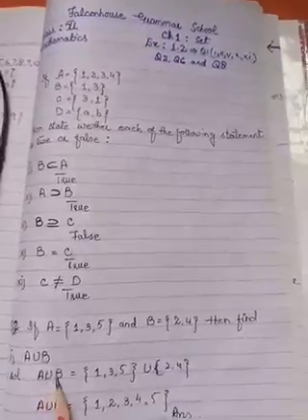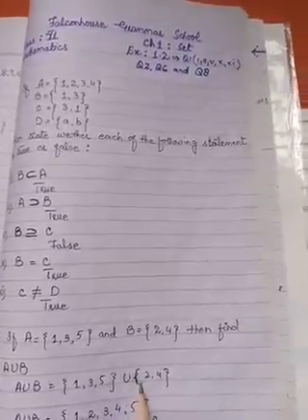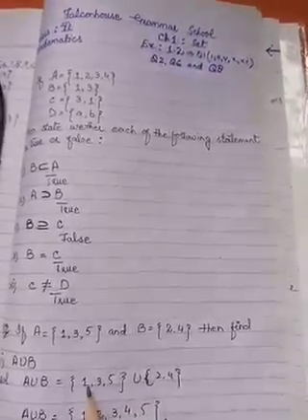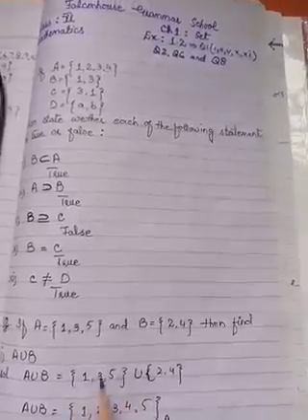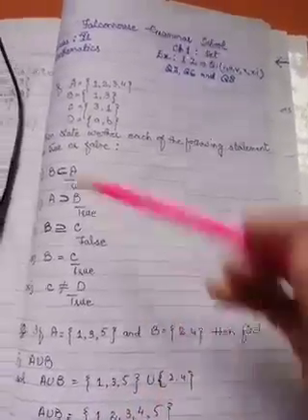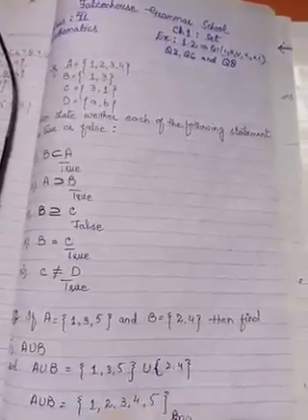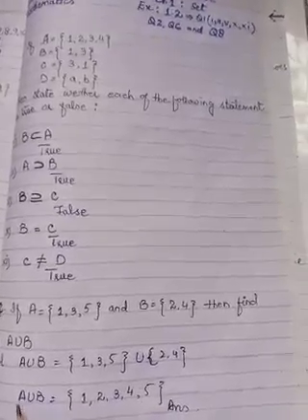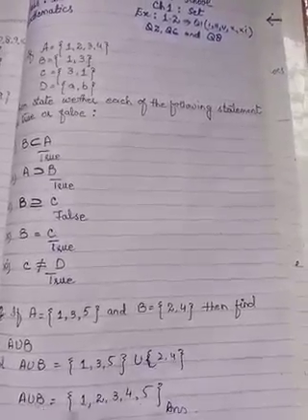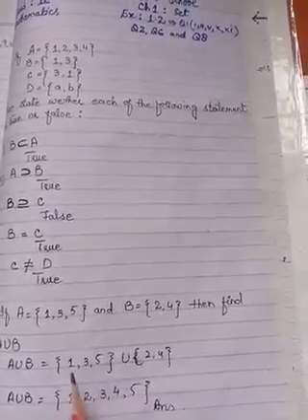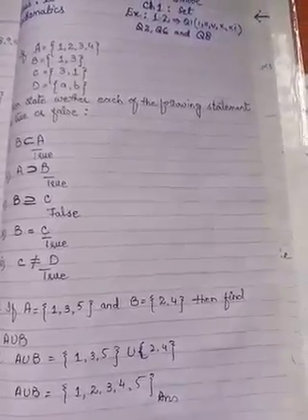First of all, you will write A union B: write set A, then the symbol of set union, and then set B. Then in the next step, you will combine all the elements and write them in a sequence. You will not write it in this way, 1, 3, 5 and then 2, 4. No, it will be wrong. That is not a proper or correct way to write the answer in a union. Always remember that whenever you combine the elements, the sequence must be proper. So A union B is equal to 1, 2, 3, 4, 5. In this way, you will get the answer A union B.